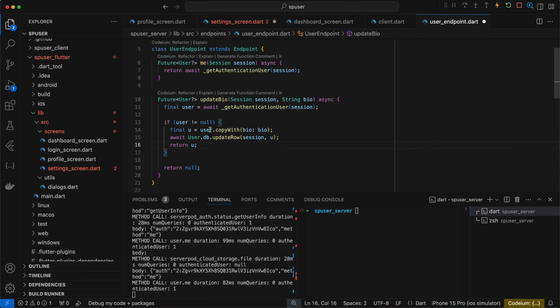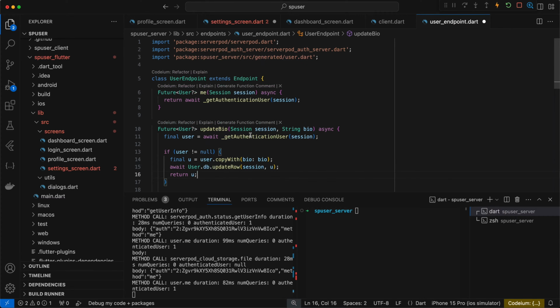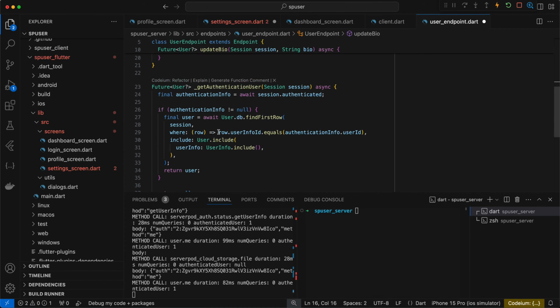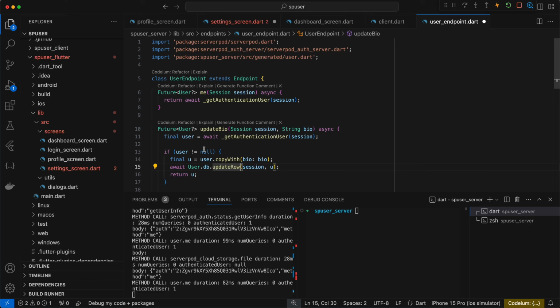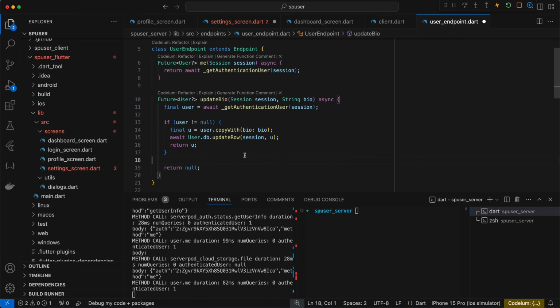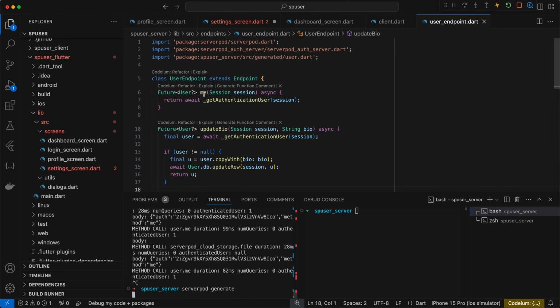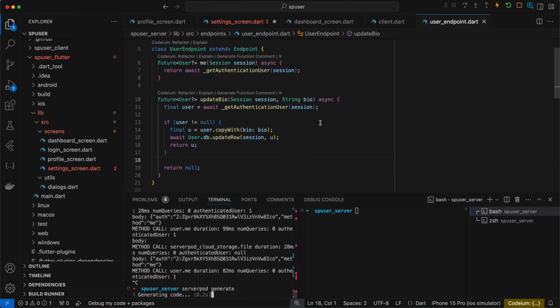So it's going to return this updated version, because the updated one will already have the includes and stuff, rather than having to copy this again. So there, it's just going to basically do that. It's going to update the row, and we should be good. So let's save that. We have to run our generator because we made a new function here,